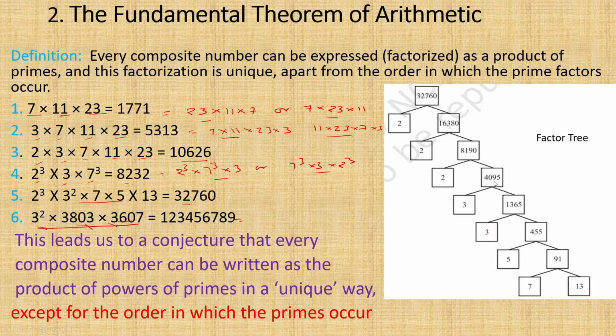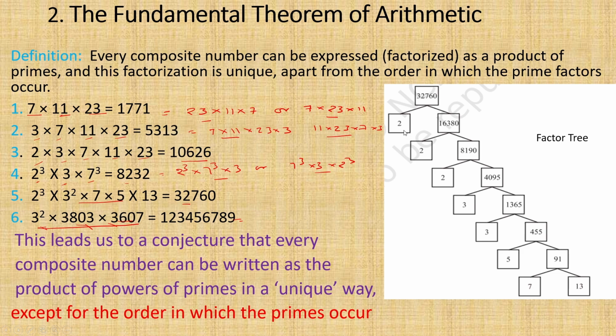Here 4095. The sum of the digits, 9 plus 4 plus 5, is 18. 18 means it is divisible by 3. So this number is divisible by 3. Next 1365. This number is divisible by 3. 455. This number is divisible by the next prime, that is 5. Next 91. This is divisible by 7. 7 into 13 we get 91. So by dividing with the smallest prime number and then the other prime numbers, we will get all prime factors of this number